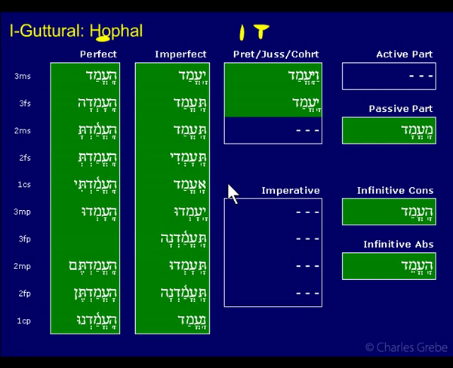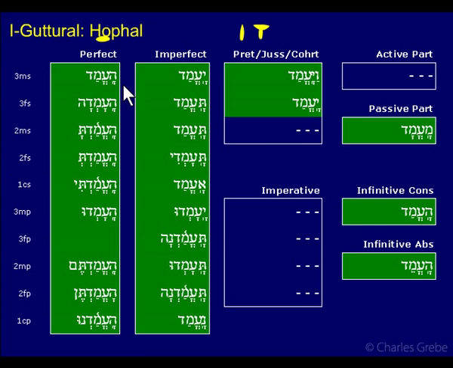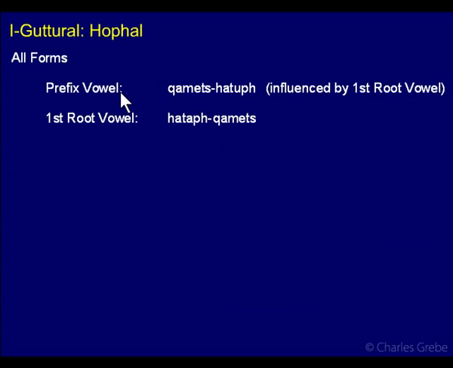So the first guttural, you have to have a compound shava, and it's the compound shava that matches the prefix vowel. So that's what I have here. Prefix vowel is kametz hatuf, and the first root vowel is chataf kametz. Now I'm saying that the prefix vowel is influenced by the first root vowel. I suppose that's true. It's the prefix vowel that's influenced by this, as opposed to the other way around. Anyway,